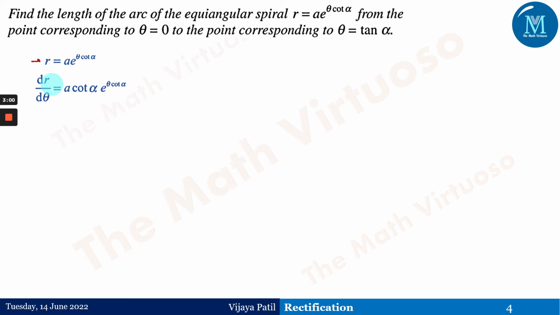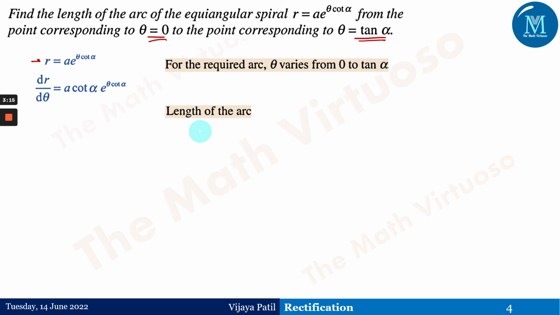So differentiating r with respect to theta, we get a into cot alpha into e to the power theta cot alpha. Now again, theta varies from 0 to tan alpha. This is what has been given to us in the question itself, and therefore, going quickly,